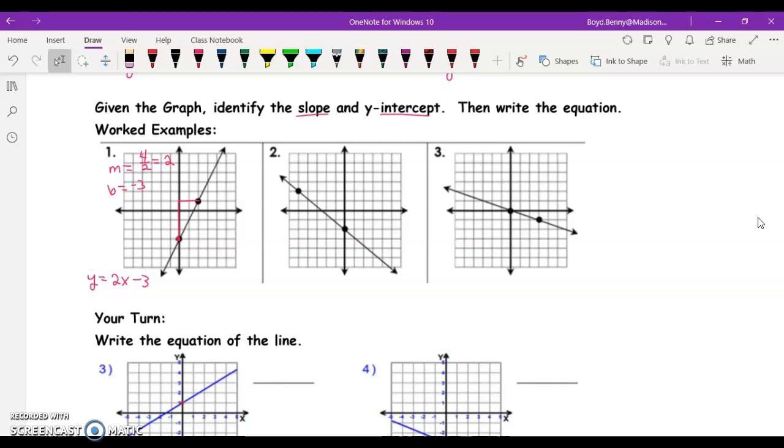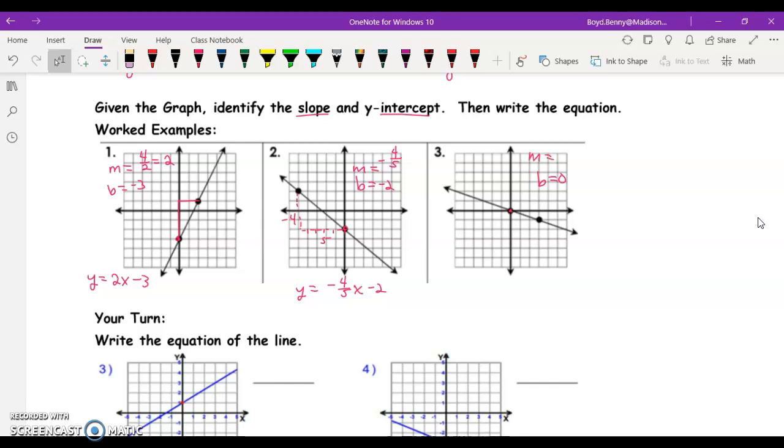In example number 2, my y-intercept is negative 2. My slope is negative 4 over 1, 2, 3, 4, 5. So that would be a negative 4 over 5 slope. Therefore, my equation is y equals negative 4/5 x minus 2. In example 3, my y-intercept is 0,